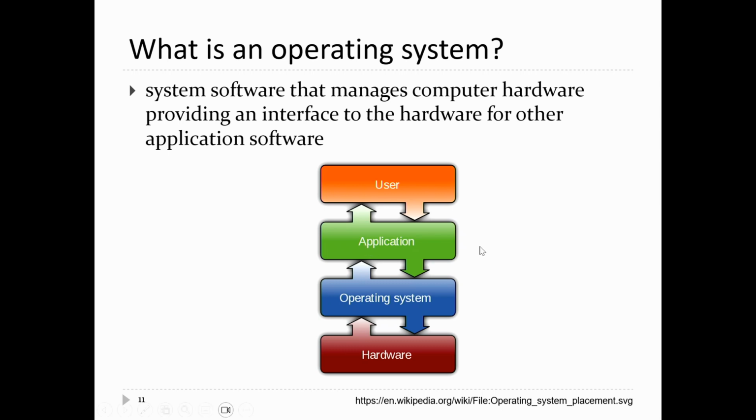When you're running something like PowerPoint and you save a file, the saving of the file goes through the operating system. The operating system talks to the hardware to save the contents of your file to the hard disk on your computer. Or if you're using cloud-based services, it has to talk to your network driver so that it can send stuff out onto the cloud and save stuff on the cloud.